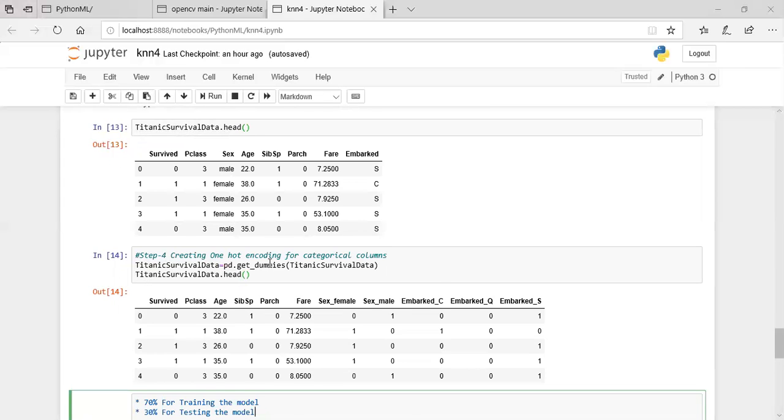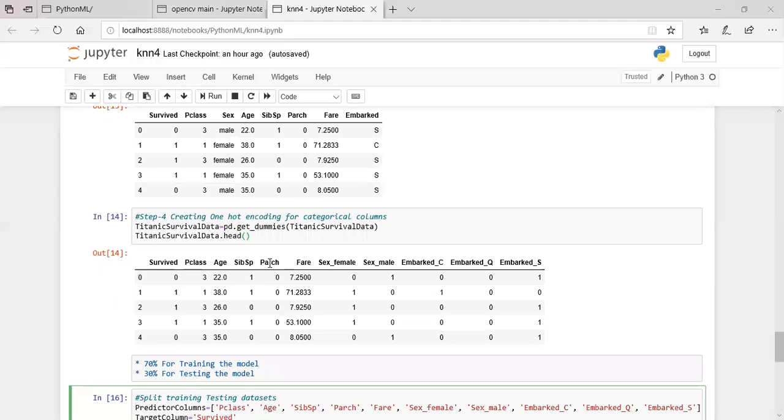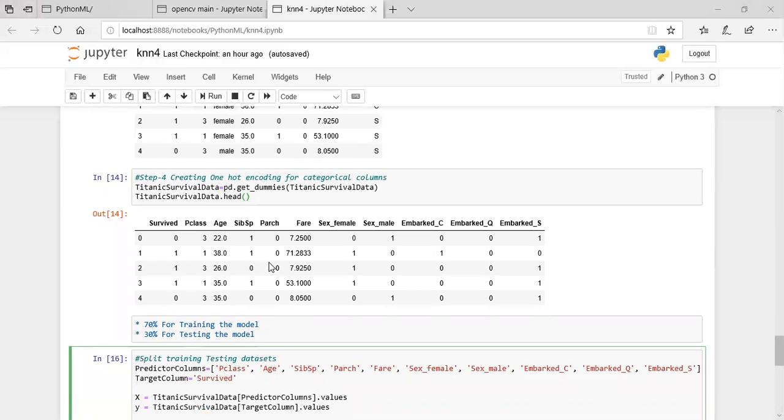Creating one hot encoding for categorical columns using the get dummies function, which gives values from 0 to 1. We have to split our data into 70% for training the model and 30% for testing the model, using